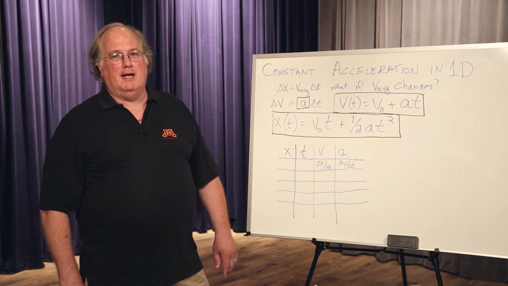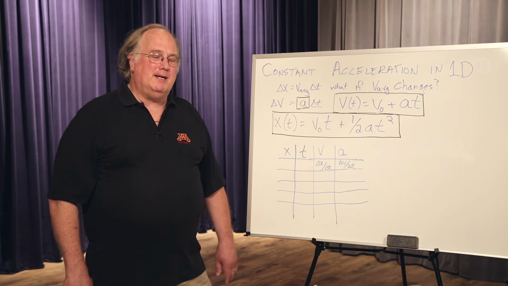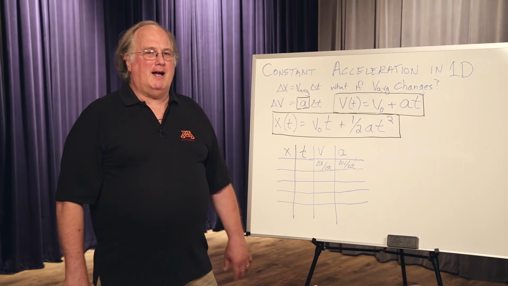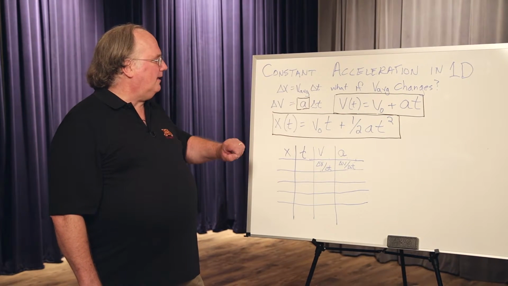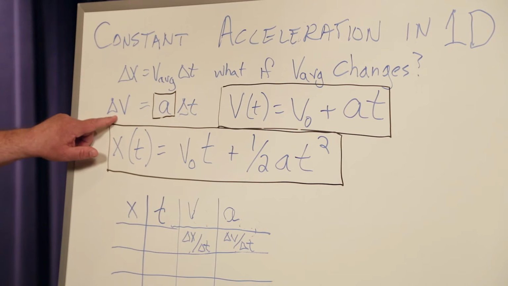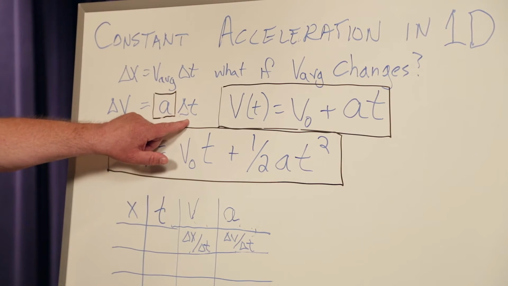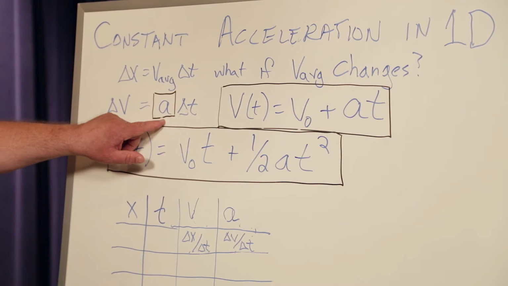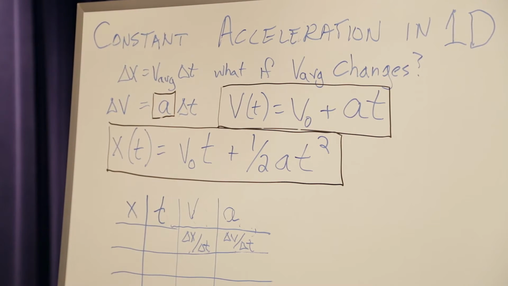What happens then? Well, there are many ways v can change. The easiest way is if it changes in a constant kind of fashion. This is called constant acceleration. And if that's true, then the change in the velocity is proportional to the time that goes by, and it is proportional by a constant known as a, for acceleration.